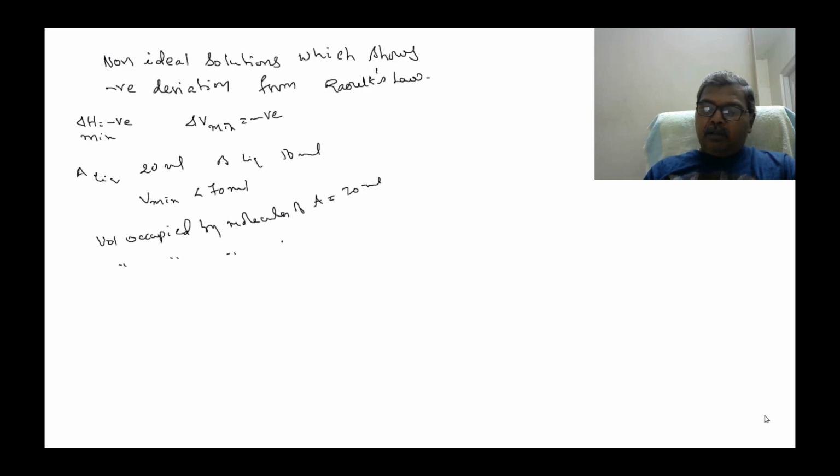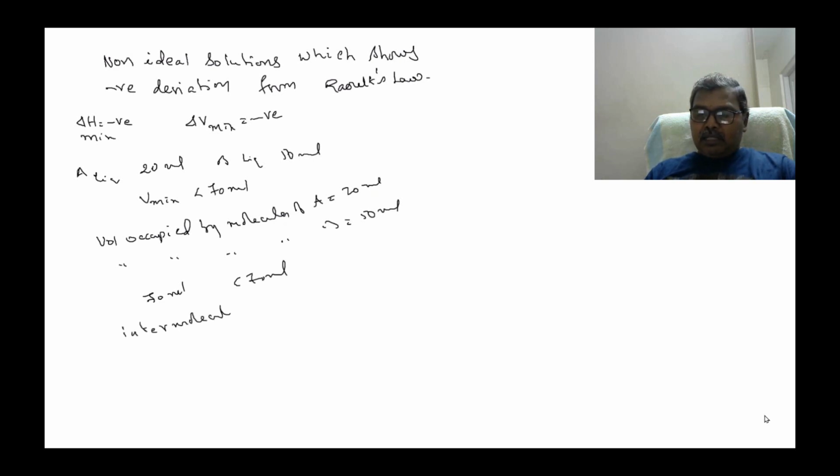Volume occupied by molecules of B is 50 ml. So even if they are mixed together, they should occupy 70 ml. But they are occupying less than 70 ml, which means